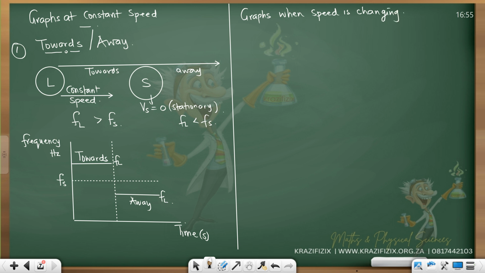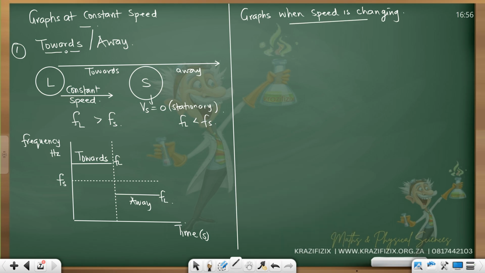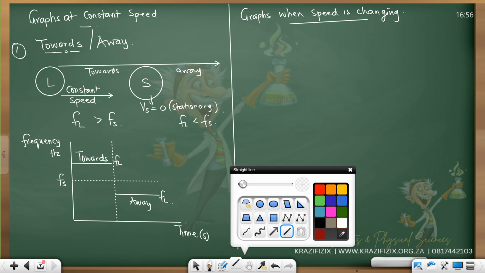Graphs when speed is changing. And I don't want you to cram it. Please understand, constant speed, those ones are straight lines, right? Parallel straight lines, horizontal straight lines. Lovely. Let's create a scenario to say the listener